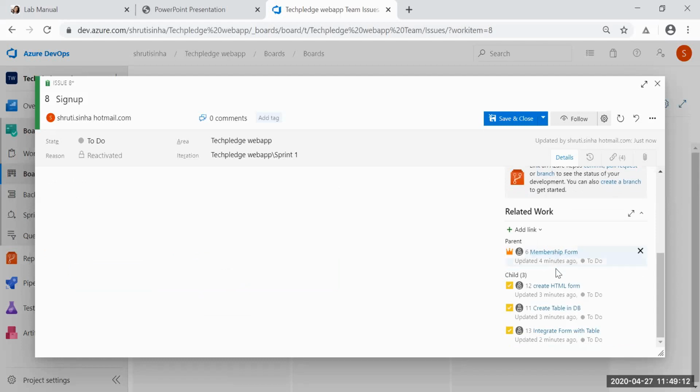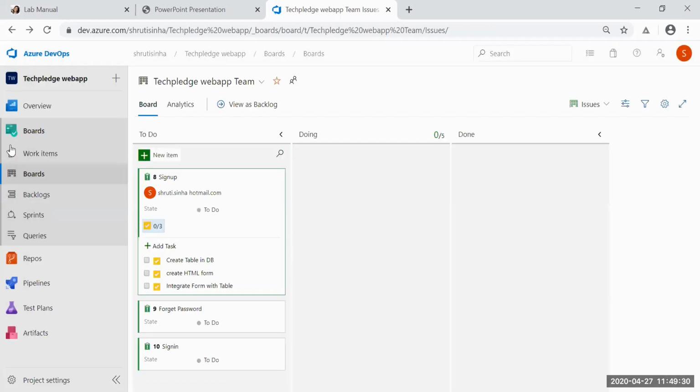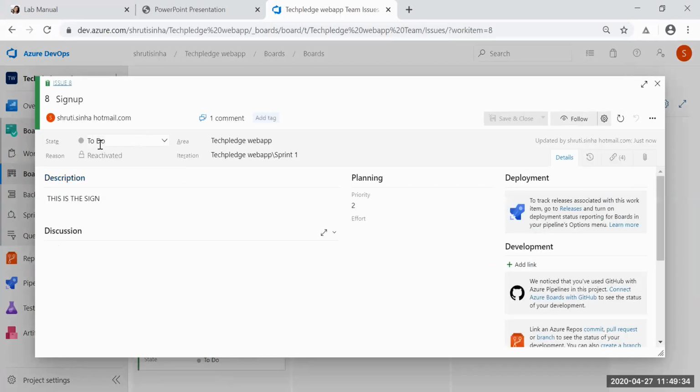You can relate some works here and add them up. And then save and close. Now when you click on this, you will see all the status. I have a detailed description of my task, to whom it is assigned, what their status is, which phase it is in, and if there is any comment by them, I can see it all here.